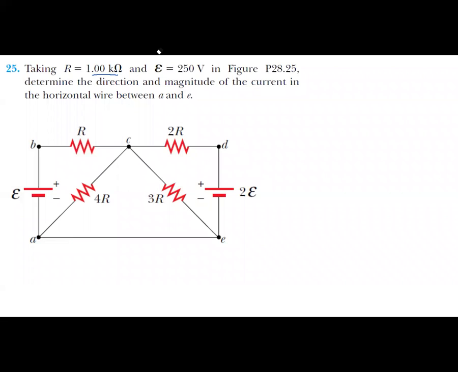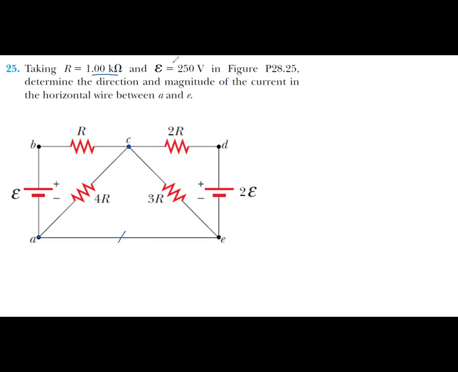Okay, here let me simplify the figure. Here we have point C, and here point A and point E. Between A and E, we have nothing.